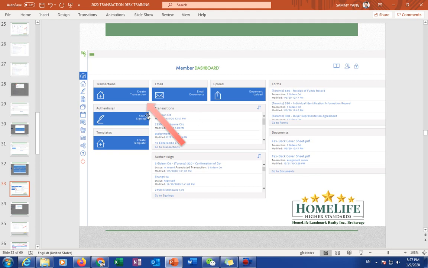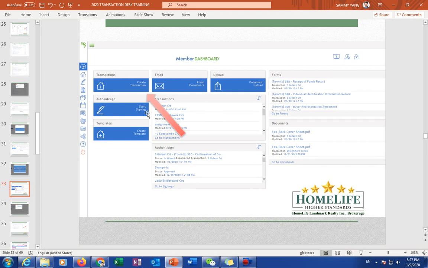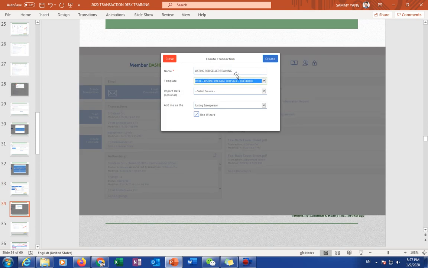The second one is how to prepare the listing. I know lots of people said, when I prepare the offer I know how, but the listing, you can click Internet Authentic Sign from the main home page. If you log in, it's above the web form. When you click it, this is the dashboard, and in the dashboard we click create transaction, and then you can write down the listing property address or name,